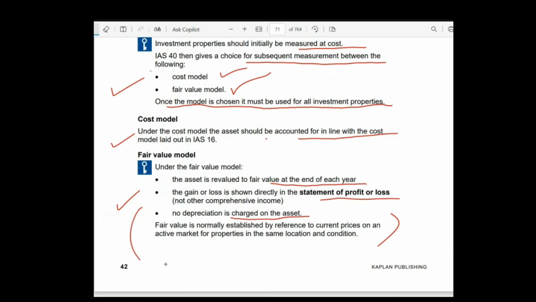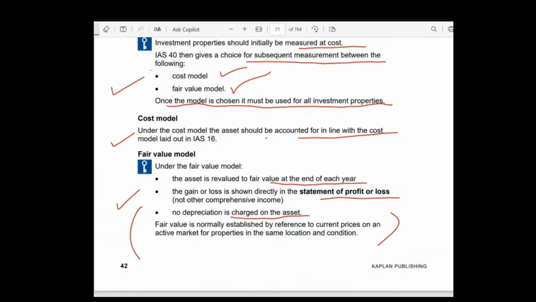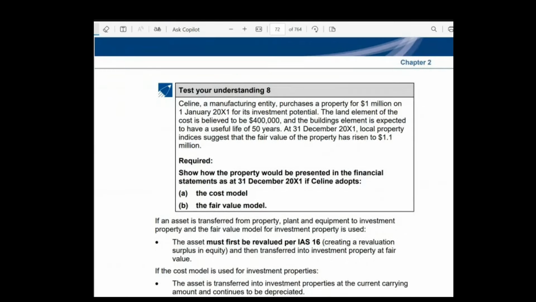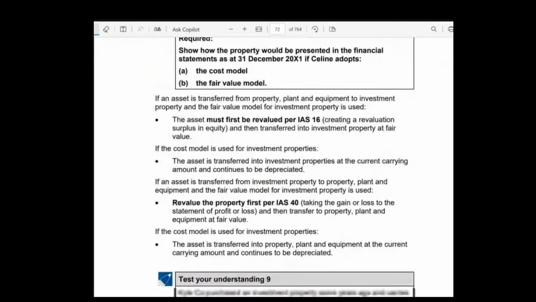If the asset is transferred from investment property to property, plant and equipment and the fair value model is used for investment property, then the revaluation will be applicable as per this, taking gains or losses to the statement of financial position. If the cost model is used for the investment property, the asset is transferred into property, plant and equipment at the current carrying amount and continues to be depreciated. So these are the rules and their conditions which need to be met accordingly, to have an understanding of all